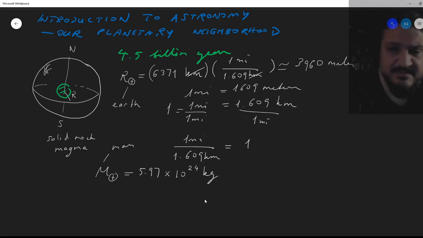Now, how do we have these numbers? Of course, you can Google them, but is there a way to measure them, right? Actually, believe it or not, these numbers have been around for a long time, especially the radius of the Earth. It's been more than 2,000 years. It goes all the way back to the classical age, classical antiquity. We're talking about the Greek philosophers and Greek mathematicians.